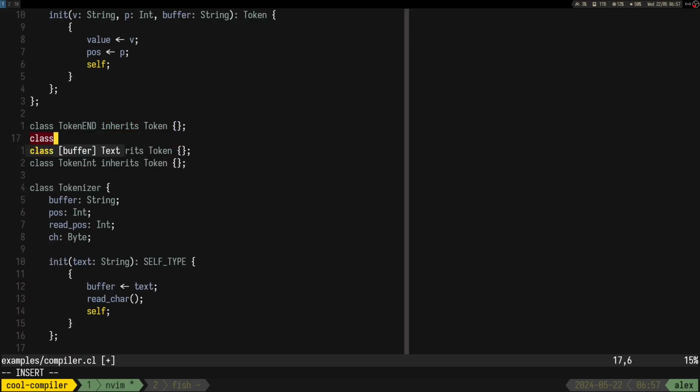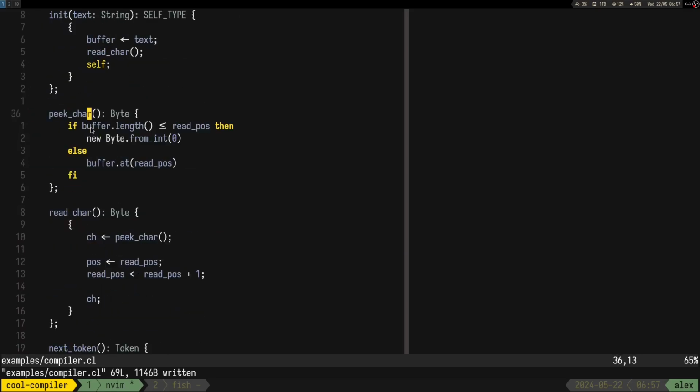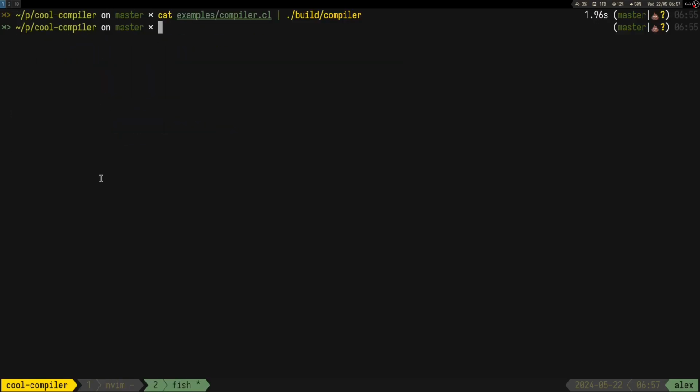We could also have class token invalid inherits token, and then we have our other tokens or something, right? So that way we can do some easier things.